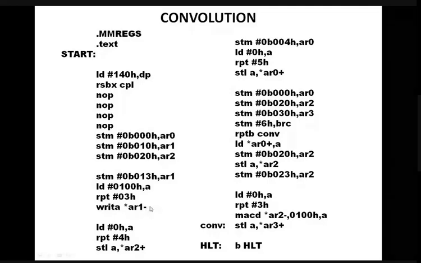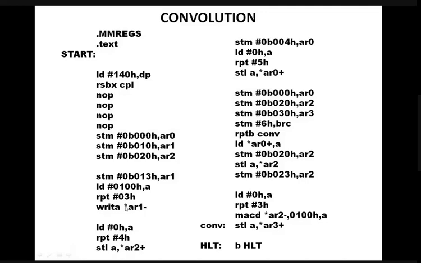Look at the screen, look at the cursor, which is very important. Write A means write into program memory. What to write into program memory? Write the content of the accumulator, that is, write A. So write the content of the accumulator to the program memory pointed by AR1, because there is a star in front of AR1. So AR1 is pointing to some program memory location.